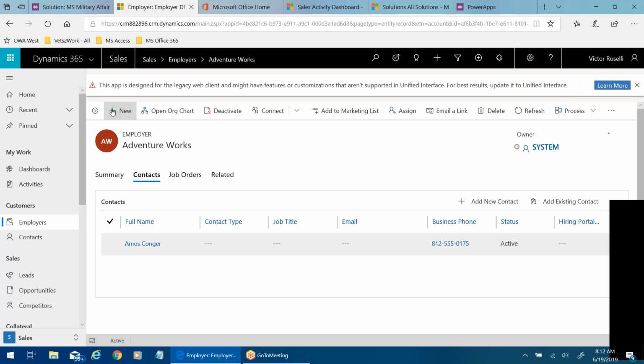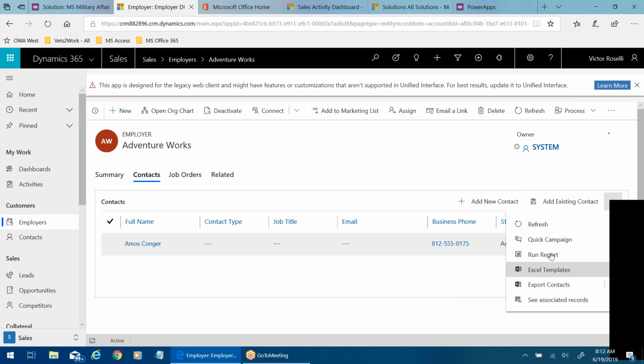That's another thing. Users using this have to always remember what new thing they're adding. If you're up here, this would be a new employer. If you're down here, it's a new contact within the employer. Yeah, okay, got it. Exactly. And so add new contact. Just go ahead and click on the add new contact. Oh, okay. I was wondering if they had a quick create.